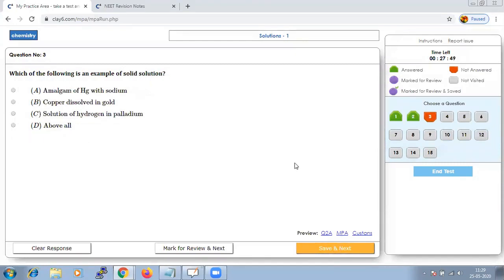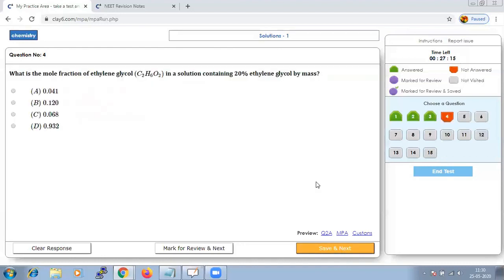Which of the following is an example of solid solution? When we say solid solution, it is solid in solid. So when you check the options, all the options given will be solid solutions, because when we say solid solution, the solvent should be a solid. So from the given options, all are solid solutions. Let us save that